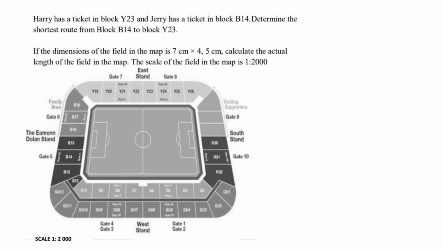Harry has a ticket in block Y23. Y23 is over here, so this is where Harry is sitting, somewhere over there. And Jerry has a ticket in block B14. Determine the shortest route from block B14 to block Y23. This one's pretty easy. We know that this is the eastern stand, this is the west stand, and this is the south stand. So we can just say that